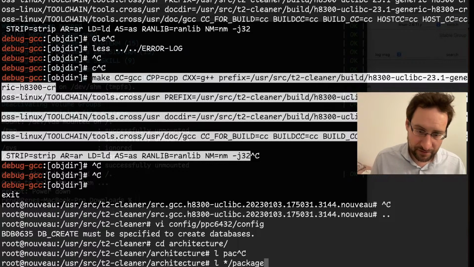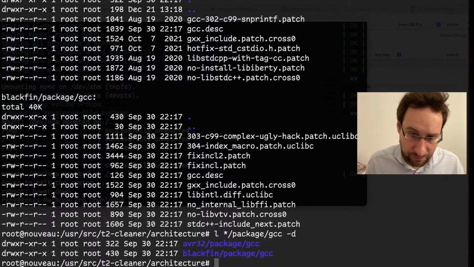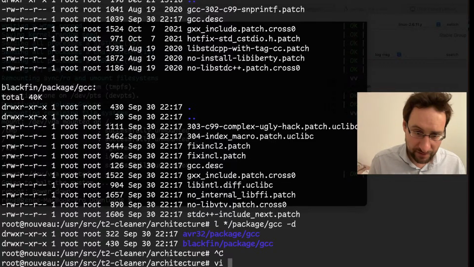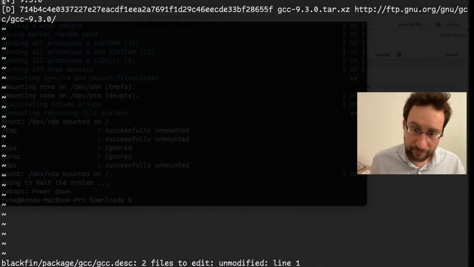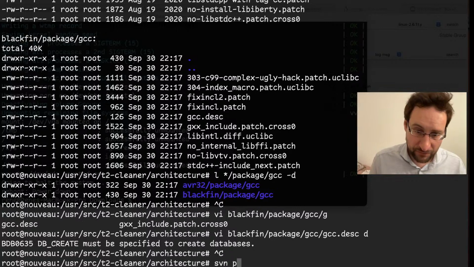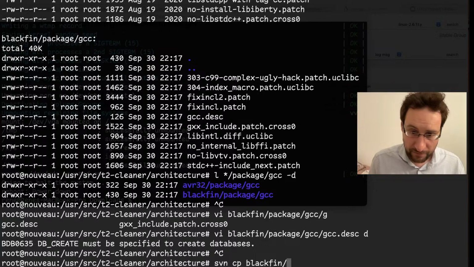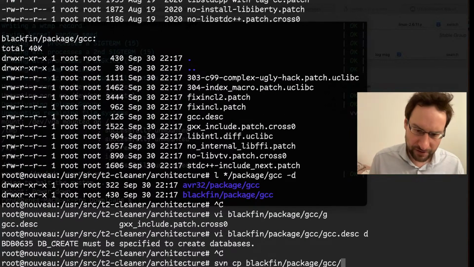Off package GCC. Okay, we have Blackfin. That might be. How much older is that? 3.9. It's probably worth a try. Blackfin package. We are still waiting for other stuff to just compile for the test.